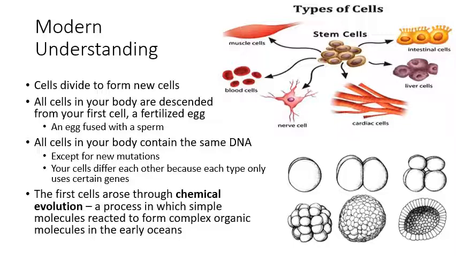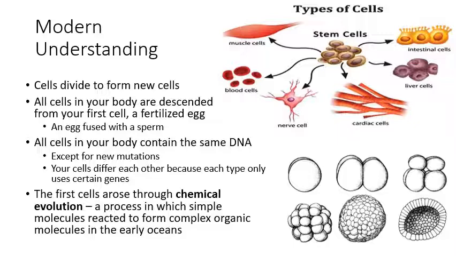So they all have the same DNA because they're all from the same place originally, and yet they're all so different from each other. So how could it be that they're all so different when they have the same hereditary information in their DNA? And the answer is because within that DNA, you've got all the genes for all the types of cells, and each type of cell is only going to use the genes that it needs for that